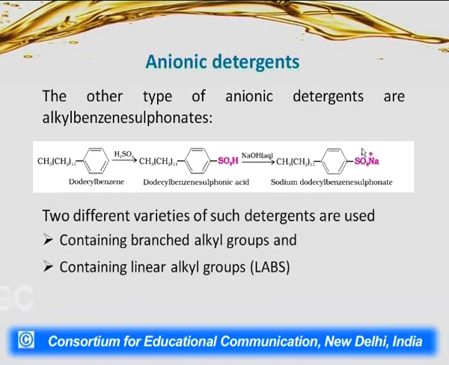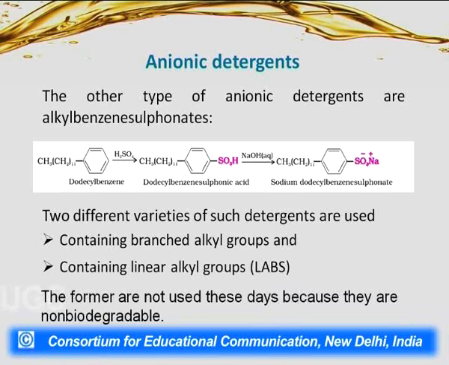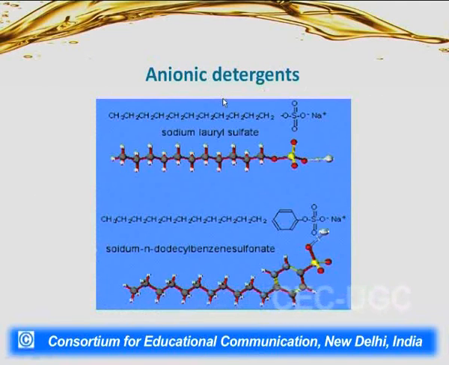In aromatic detergents, these chains may be branched or may be linear. So, they are called branched alkyl group containing or linear alkyl group containing, and these linear alkyl group containing detergents are also classified as LABs, linear alkyl benzene sulfonic acids. We are these days using less of these branch chain containing detergents. This slide shows the comparison of the anionic detergent obtained from the alcohol. This is a long chain alcohol where the sulfonic acid part is there, and in the other, the aromatic compound, the long chain substituent is there on this benzene ring, and this is the sulfonic acid part.